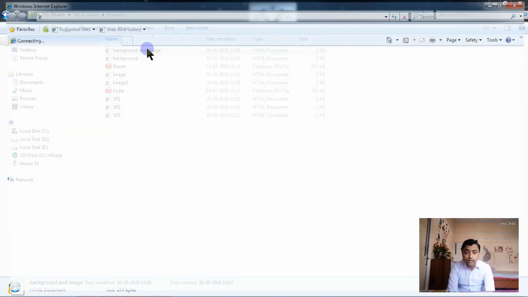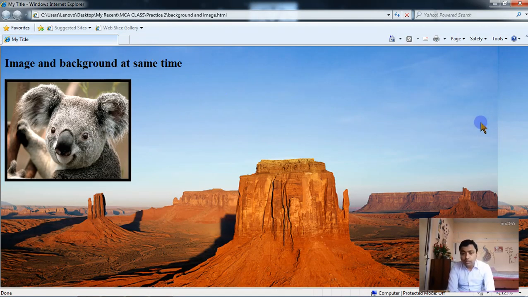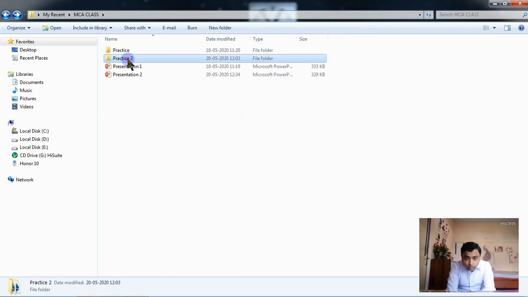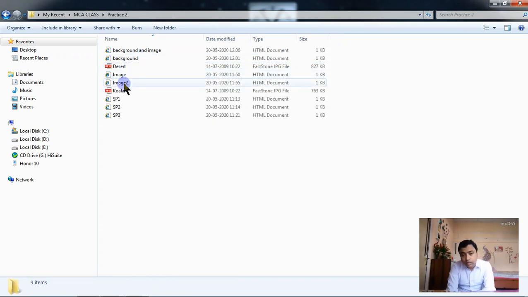Now I am running this. So now you can see this is a background here and this is an image here, and it shows image and background at the same time. So that means we can insert an image by writing the img tag, and we can insert a background by putting body background and giving the name of the image. Remember, you put the images in the folder.